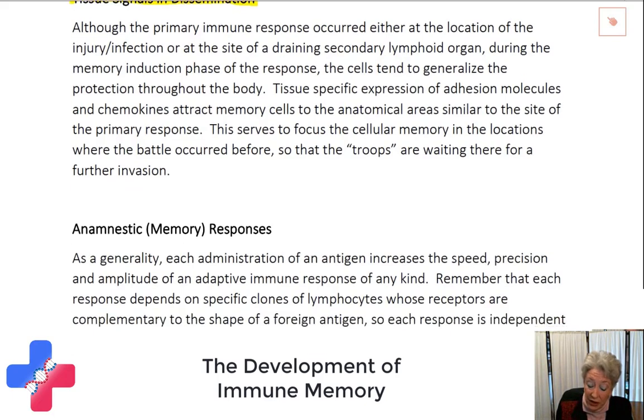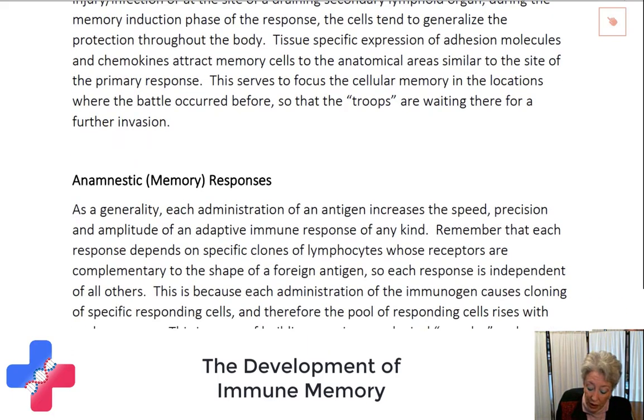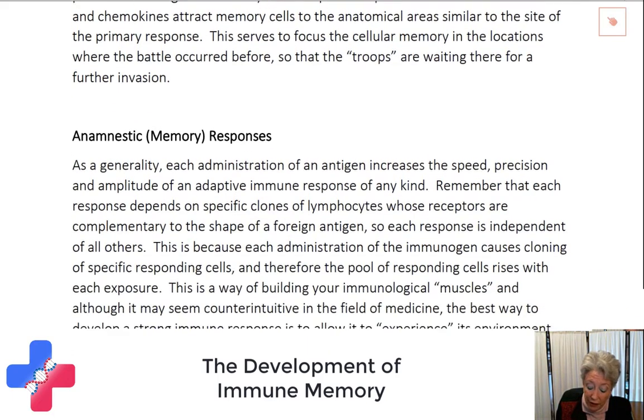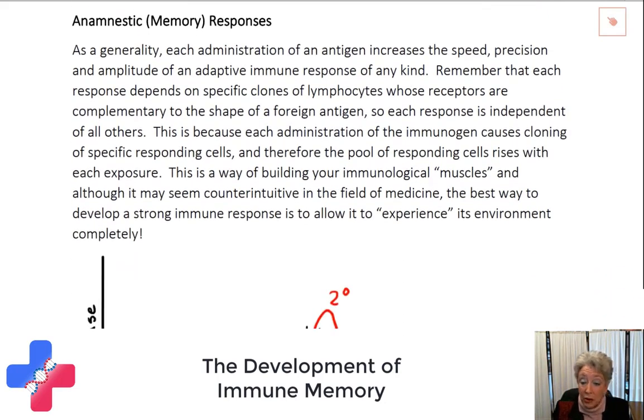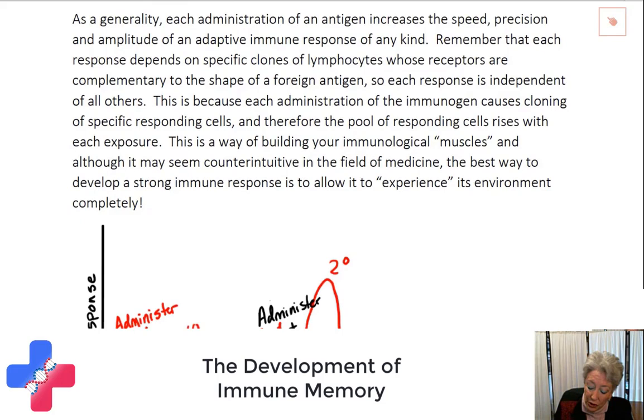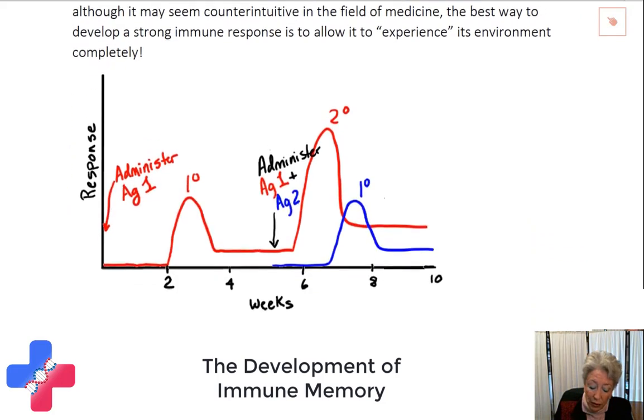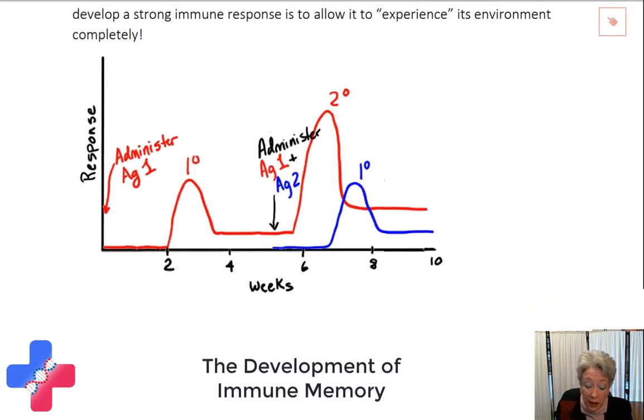Now, the anamnestic or memory response is going to be larger and faster with every institution of the same antigen or immunogen. And this is because each additional inoculation involves the production of more cells by cloning. So when I think about how this looks in a graphic format, realize that if I begin by adding an antigen at time 0,